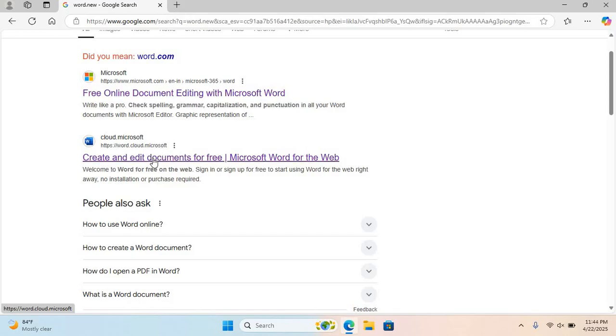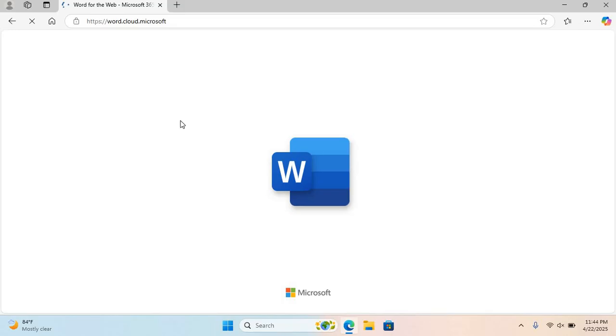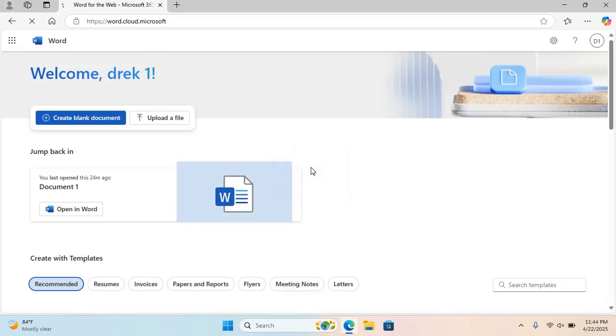Now if you are a first time user, when you click on this link, you'll be asked to sign up. You sign up with your email address and possibly your password. I have already done it. So when I click on this link, create and edit Word document, it opens this interface for me. In this interface, I can create a blank document or I can upload a file from my system for editing. So let's first create a blank document. When I click on create blank document,